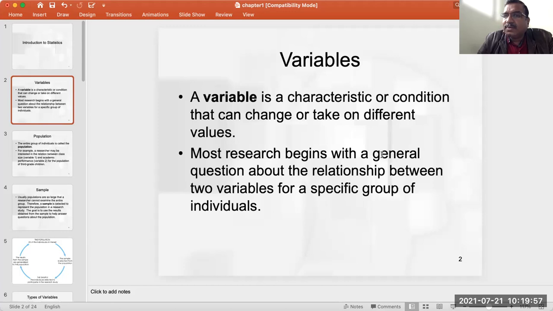There can be two types of data. One is the variable, one is the constant. A constant numerical value is not going to change irrespective of any circumstances. Like PV equal to nRT, that is the gas equation.